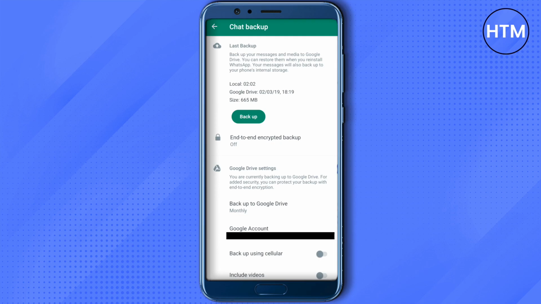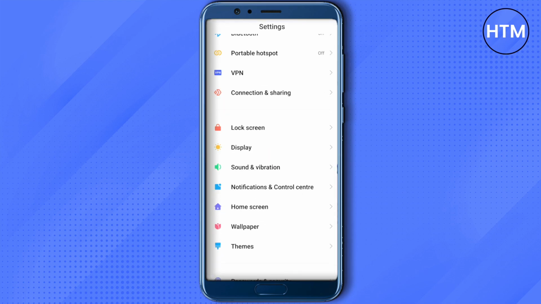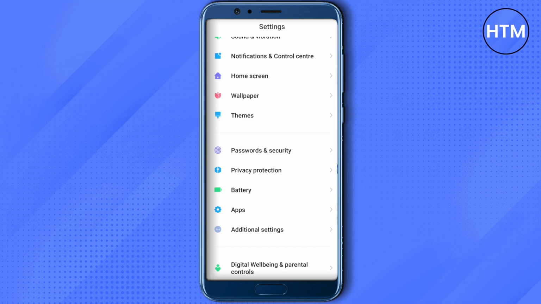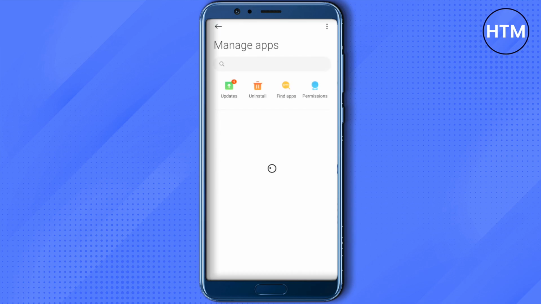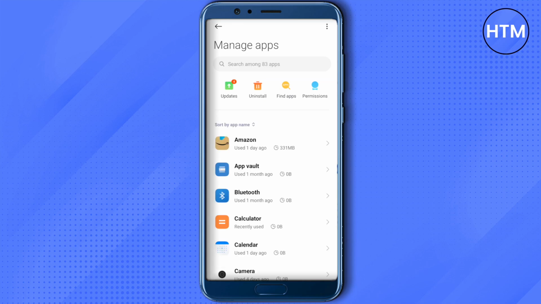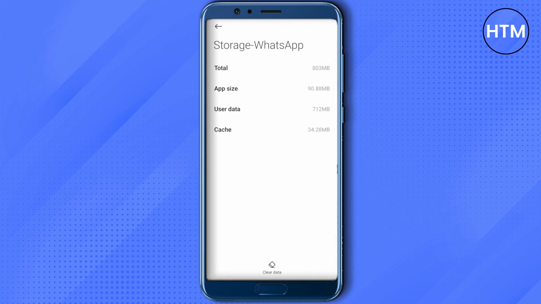whenever you accidentally delete chats or your chats might get deleted, then you can always restore it by going into your settings and then scrolling down. After that, go to the apps, and here you will be able to find this option of manage apps. The way to open it up might be different in different phones, but all you have to do is just open up your WhatsApp in your application settings and then go to the storage, and here just